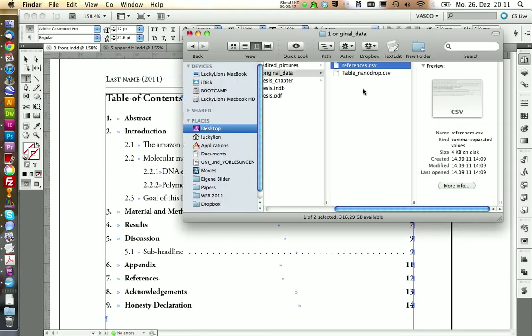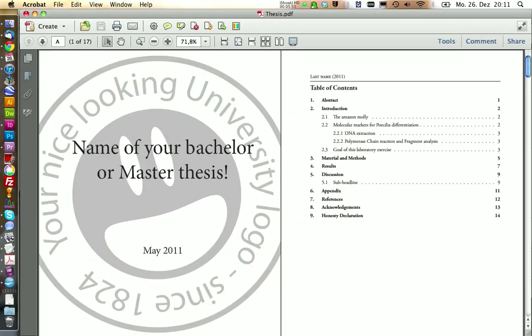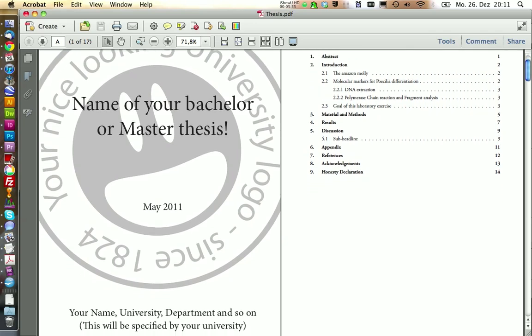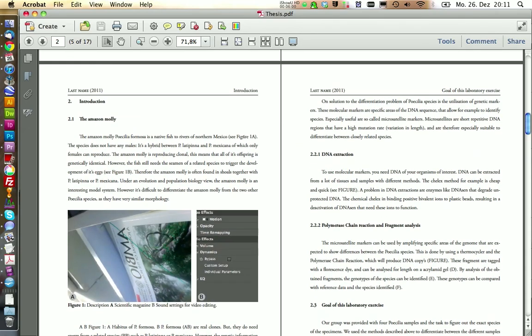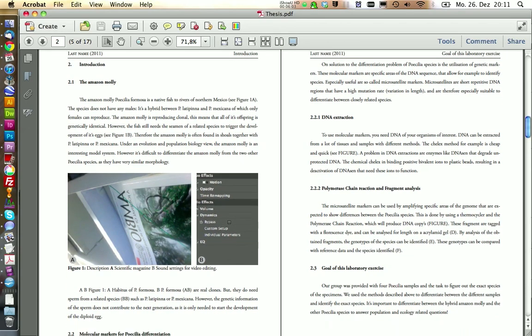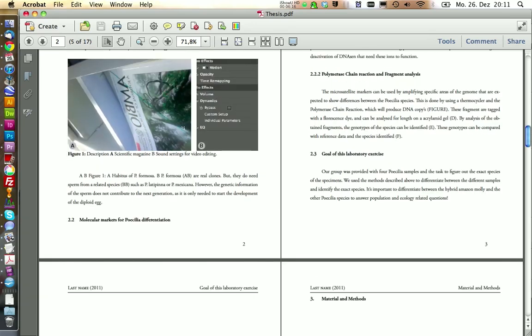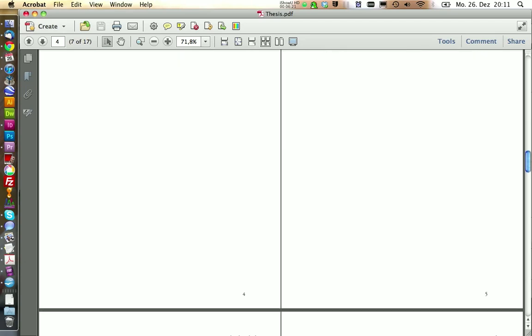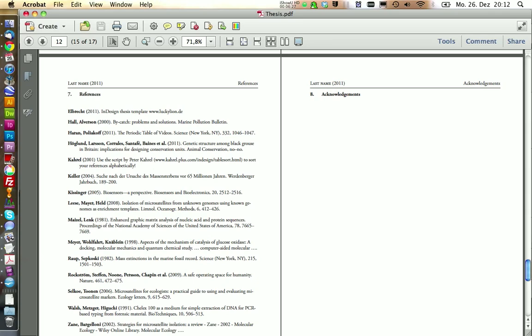And now we can take a look at our finished book. And now we see it has merged all our documents together in one big one. And we see here our really nice layout of our thesis. We have here our table. And also if we click on the links here, it will jump to the figures where we wanted to point with the cross-references. And we have also here our reference list. And there we have our nice thesis.